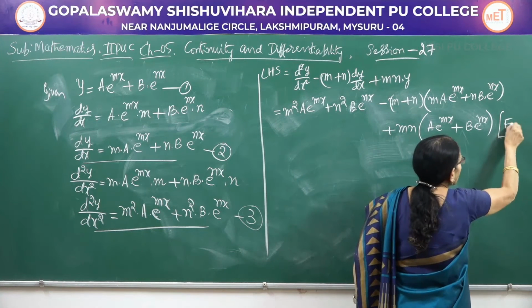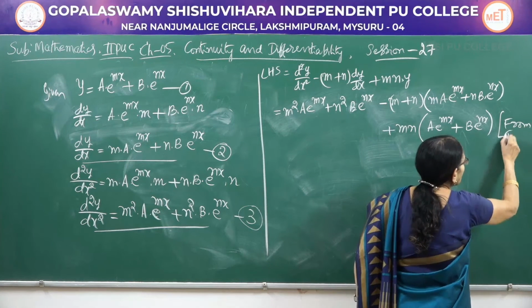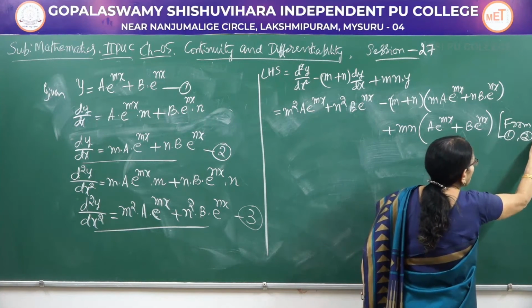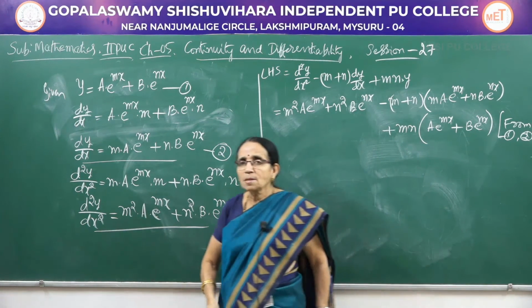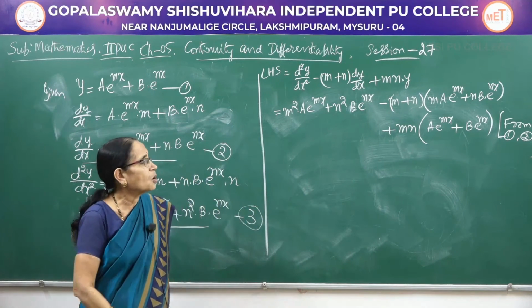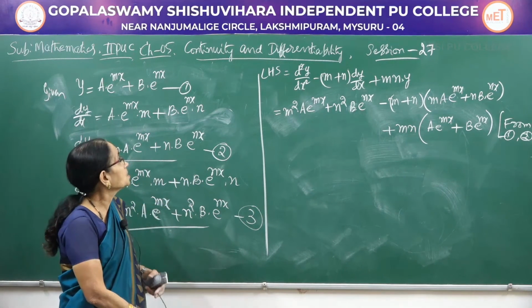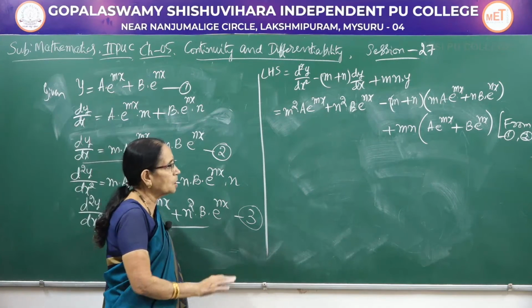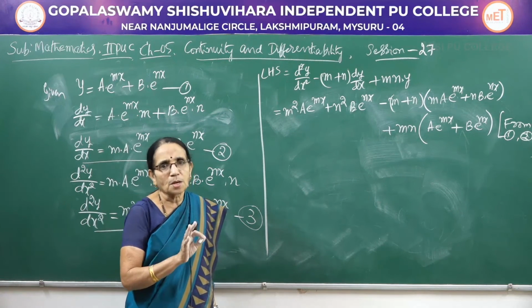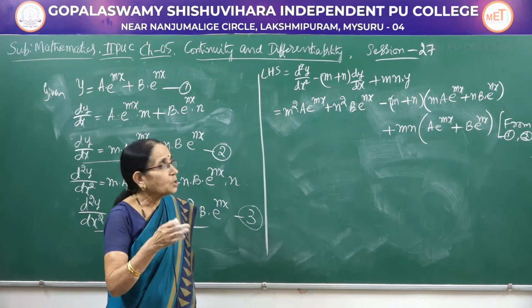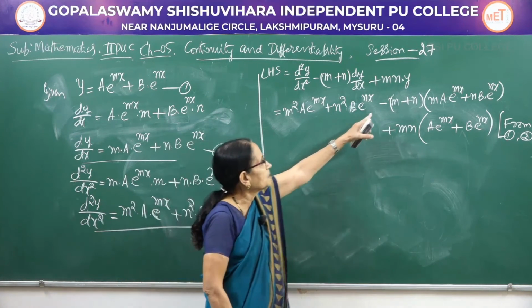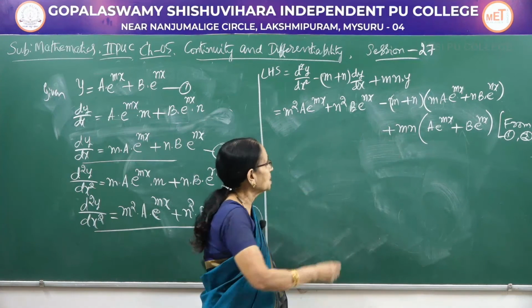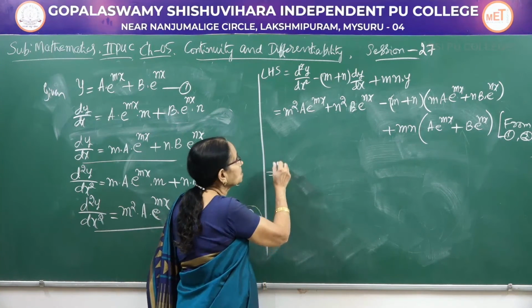You can quote here from 1, 2 and 3. How did we get this result? I am quoting the values here. I have referred to all the three results which I have already calculated. Now we have to show that this is equal to 0. That means to get 0, all the terms should get cancelled. Be careful, we have a minus sign here and a product of too many terms. So carefully let me write.